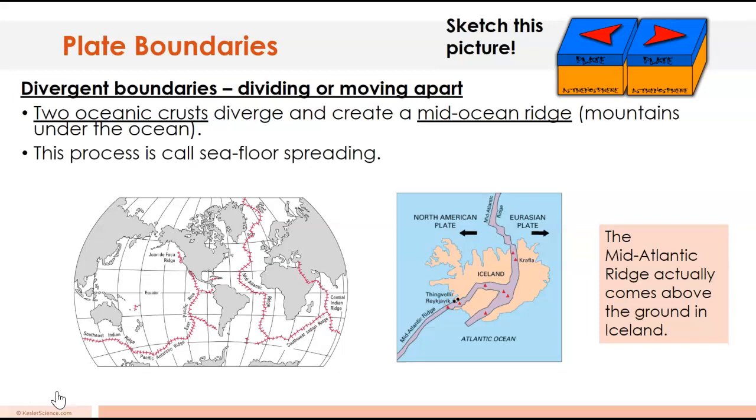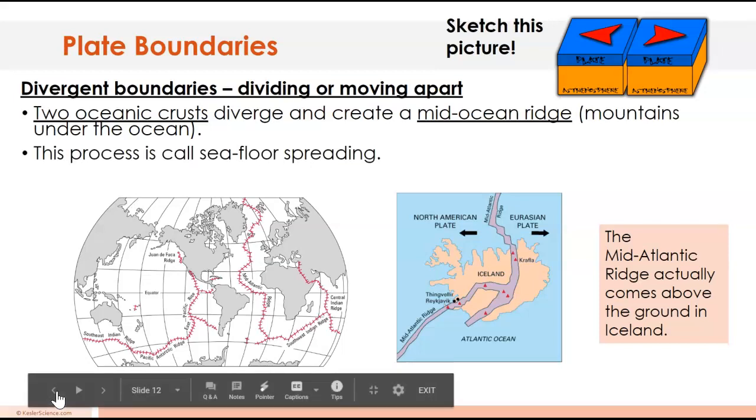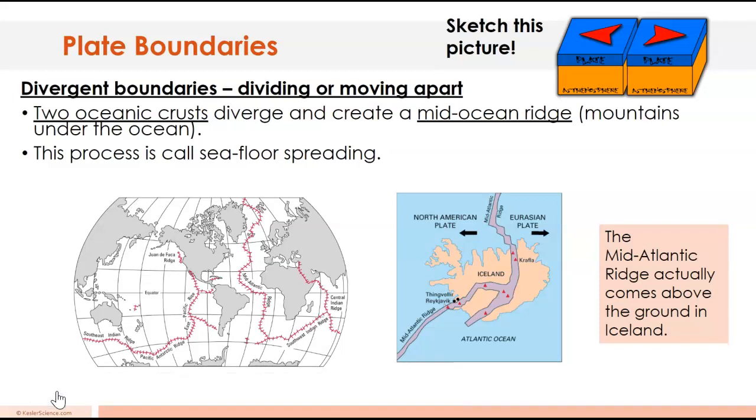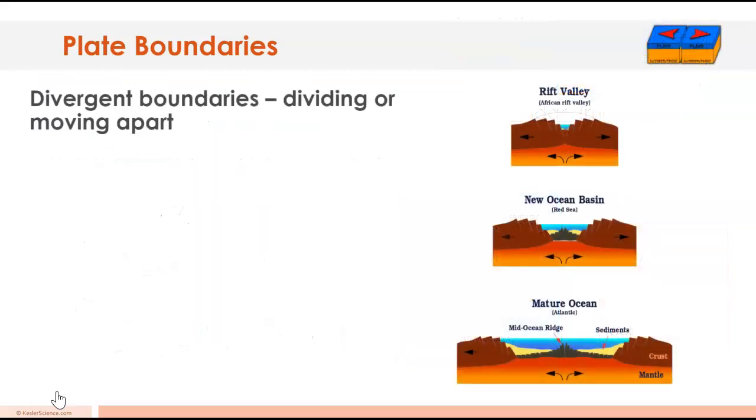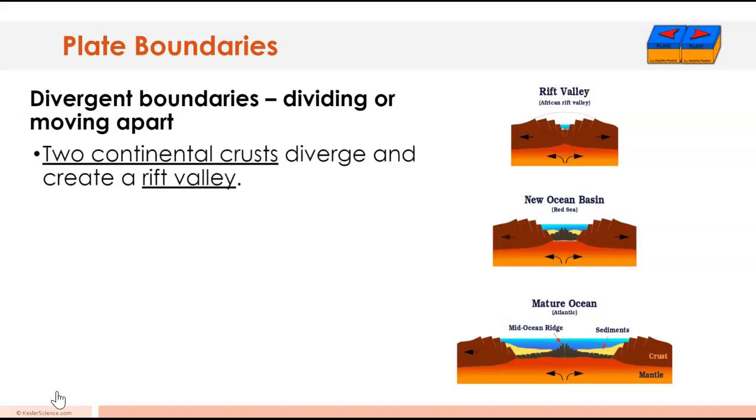So now go ahead and pause, write this down, and add a little sketch like this. You can even just draw two squares with the arrows moving apart from each other, to help you remember that divergent boundaries are dividing, they're moving apart. And it creates new, fresh crust. When it happens on land, two continental crusts can diverge from each other and create what's